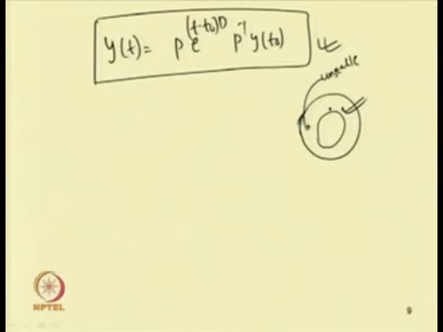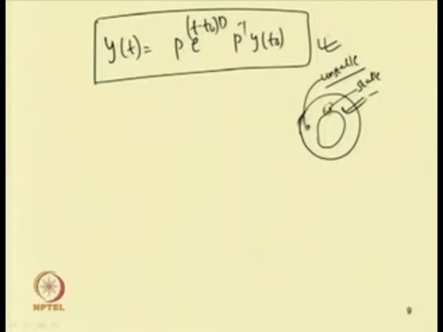So, for the system to be stable, it should remain within this region. If you perturb it, or if you start the solution near this point, it should always come to this solution point. If it takes infinite time to come to this solution, then it is asymptotically stable, but if it remains within this state, within the circle, then it is stable.